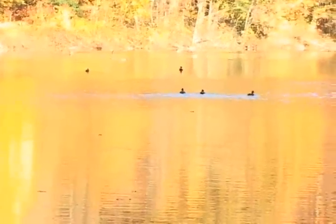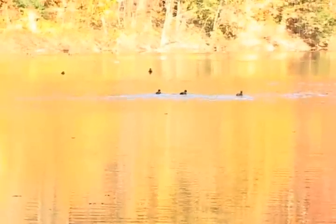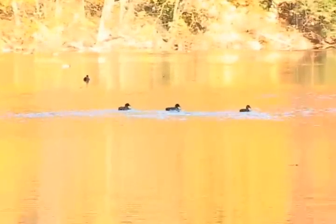I think it holds great potential for bringing students down here and doing various labs, ranging from life science, physical science, chemistry, earth science, all the way up to physics even. There are streams here to do water quality sampling, and wonderful things here to do tree plots,